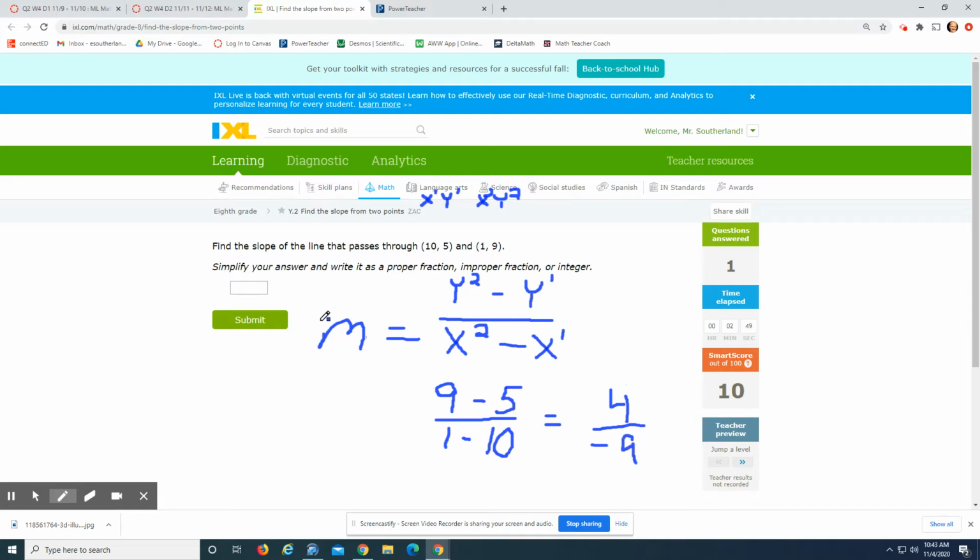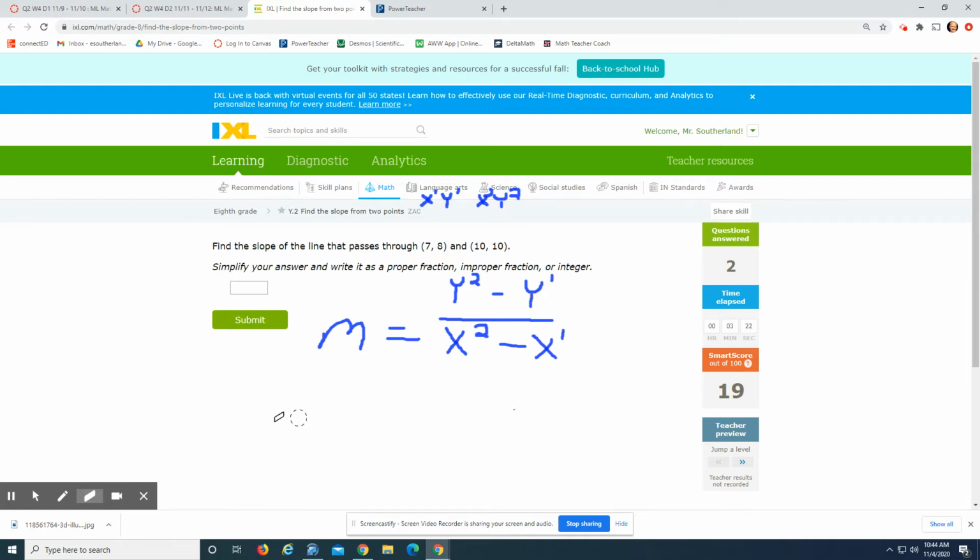Now, this is kind of the weird part. When I go to type my answer into my answer key, the negative signs always go in front. So you're going to type in negative 4/9. If it's negative, we type it in the front. And then we click submit. We're going to do the same thing for the next problem. We're going to erase this. And we'll start off again with